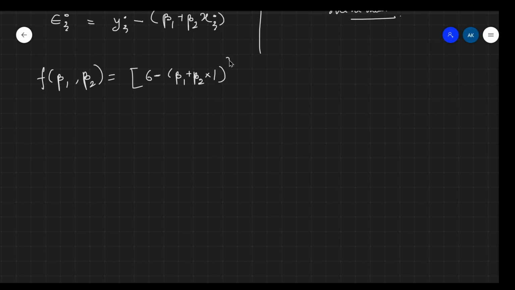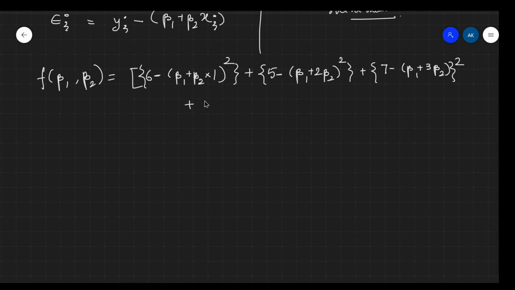X1 is your 1 only, this whole square, plus second one will be your 5 minus beta 1 plus 2 beta 2 whole square, plus your third coordinate was 7 minus beta 1 plus 3 beta 2 whole square, plus last coordinate y was 10 minus beta 1 plus beta 2 and x was I think 4 and then square of it. Okay, now you simplify this entirely, it will come